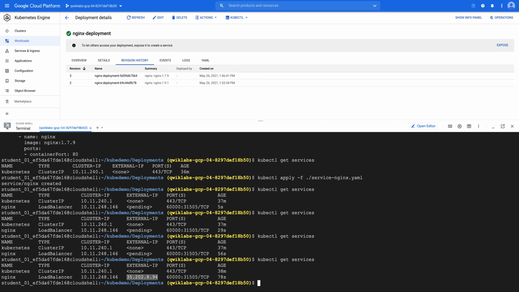Now as a next step, let's see how to perform a canary deployment. Basically, a canary deployment is a separate deployment used to test a new version of your application. A single service targets both the canary and the normal deployment, and it can direct a subset of users to the canary version to mitigate the risk of a new release.